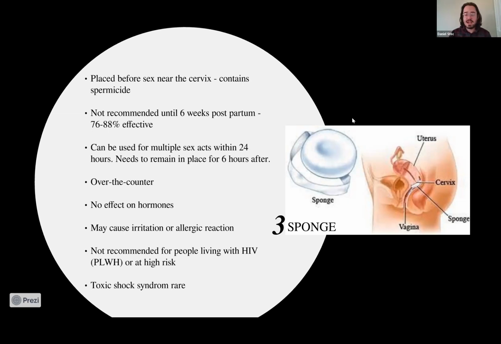It is also available over the counter, although there is a caveat to that. Currently, as far as I'm aware, the only manufacturer of the sponge in the United States is called the Today sponge. However, they've had some manufacturing issues with their machine since 2019. And then with all the changes with the pandemic, since then, they have not been able to produce the sponge. And so there has been a sponge shortage. If at all possible to find, they're nearly impossible. So the Today sponge,